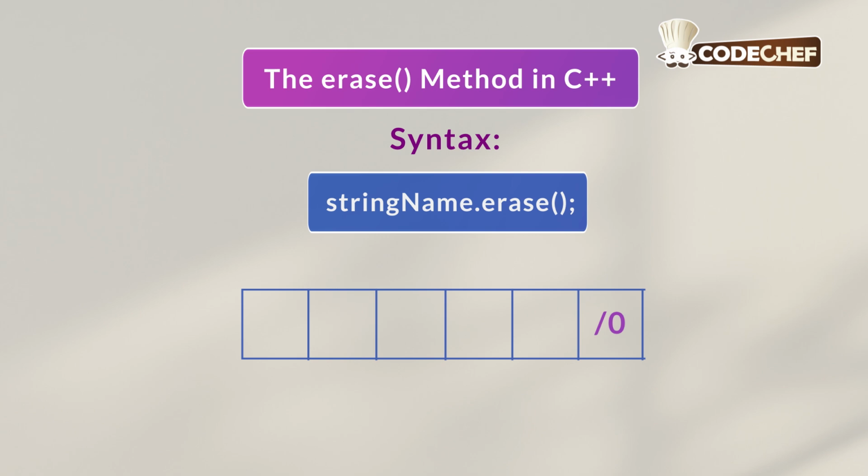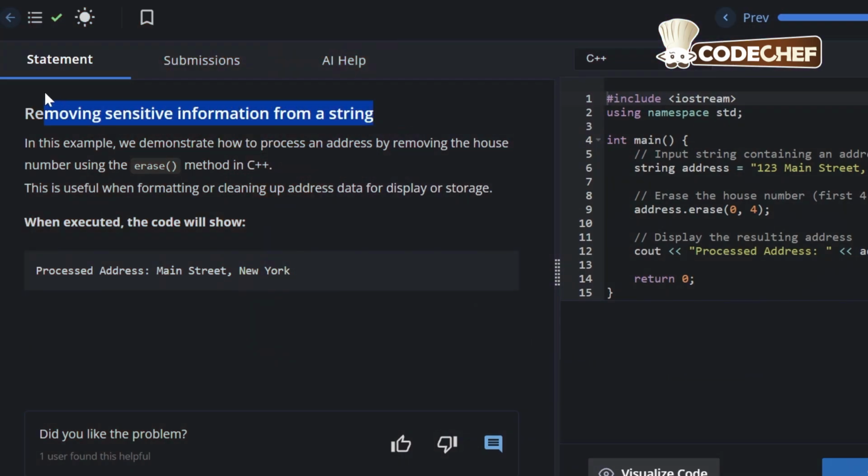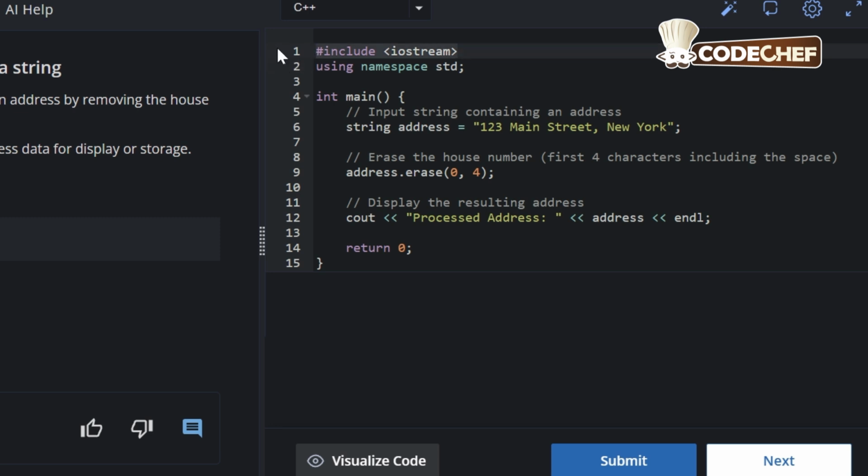Now let us go to the CodeChef platform to see an example of how to use the erase method in C++. The program objective is removing sensitive information from a string, and the expected output is Processed address: Main Street, New York. Coming to the code: #include <iostream>, using namespace std; int main() {, then string address = "123 Main Street, New York";